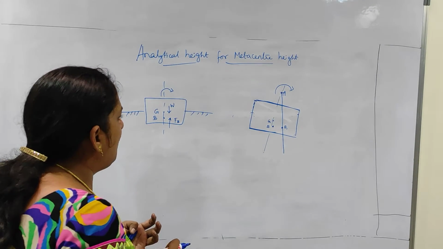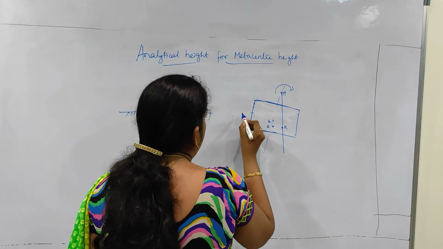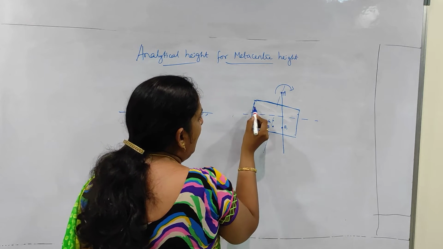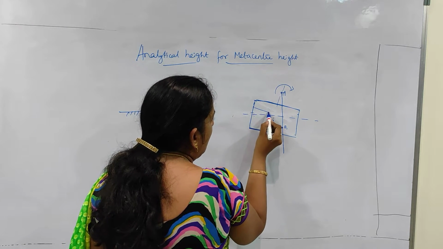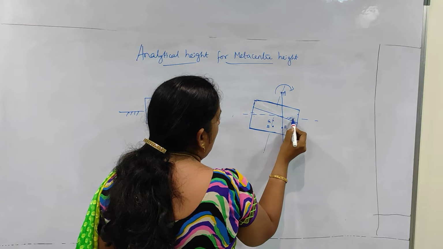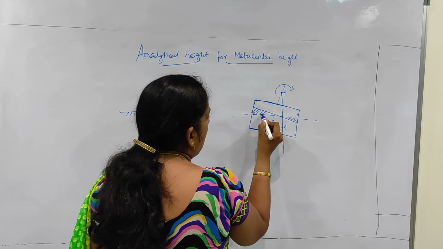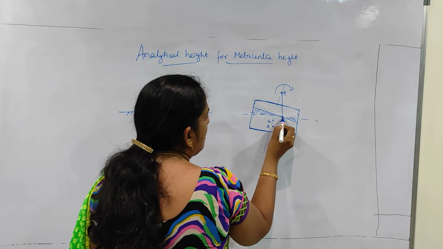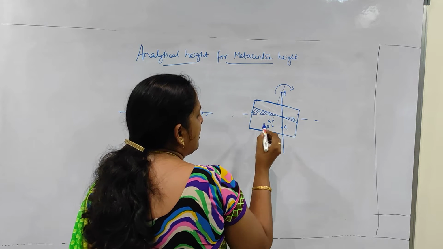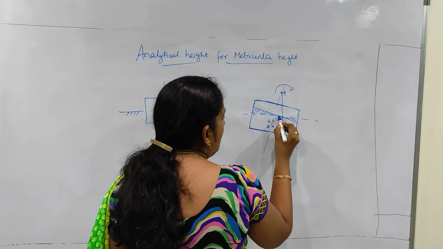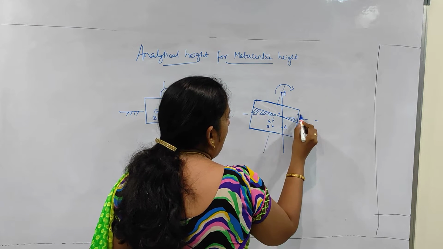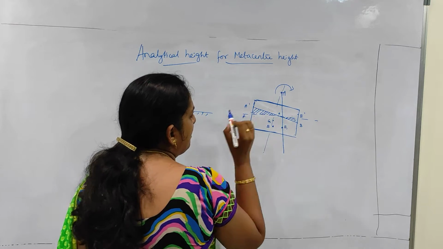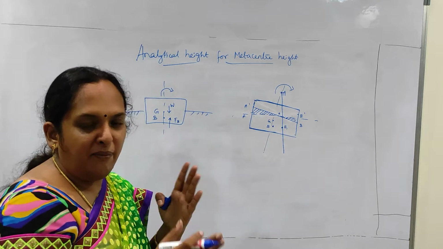Now what is actually happening is, this is your surface. Because of this tilting, a wedge shape will be formed here like this. This will be almost equal on both sides. Let this point be O. So this is B, B dash. Similarly here, A dash, and this is O. So the wedge is formed.